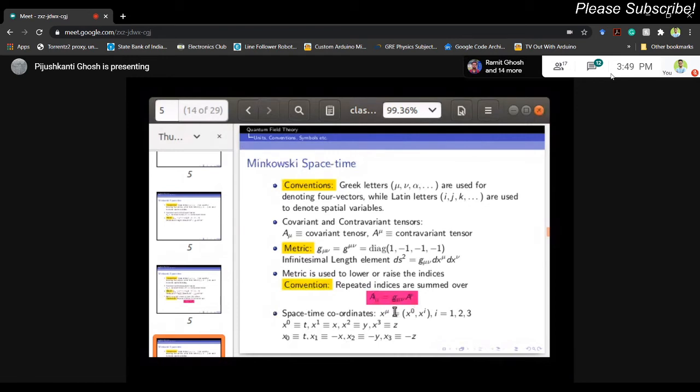And then the repeated indices are summed over, so that means you can write g_10 x^0 plus g_11 x^1 plus g_12 x^2 plus g_13 x^3. But you know from the definition of this matrix that